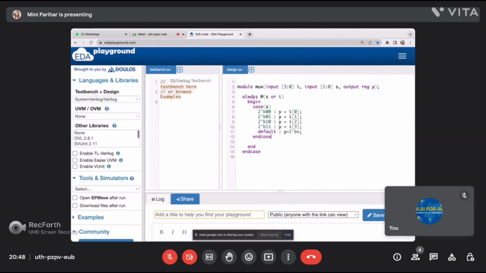Will the simulator enter this always block or not? The simulator will enter the always block as I have written the inputs. If I remove only S, it will enter, but the case statement will not execute because it depends on S.